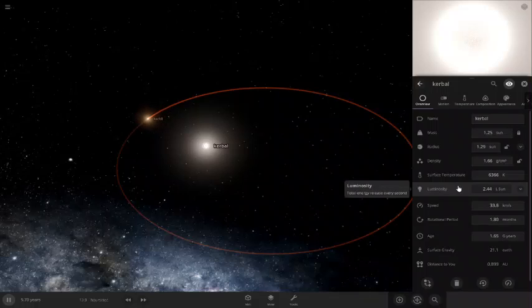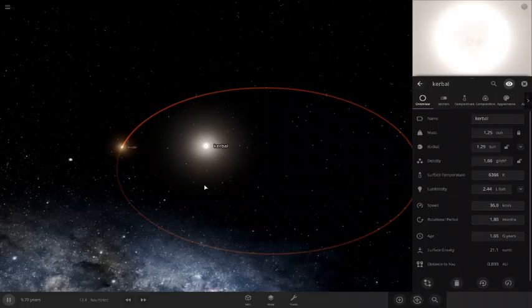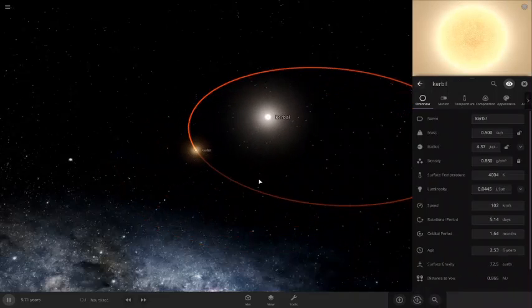That distance is 0.11 astronomical units. The eccentricity is 0.4. The max distance to the barycenter is 0.224 astronomical units. And the minimum distance to that barycenter is 0.096 astronomical units. The second star has a mass of 0.5